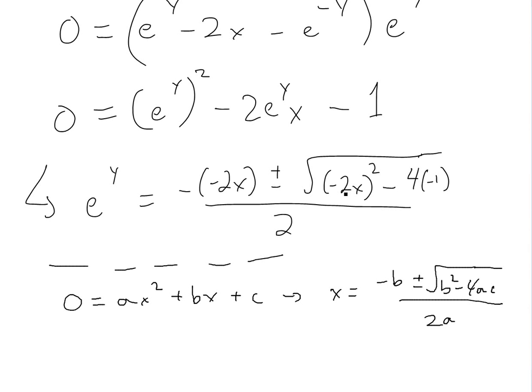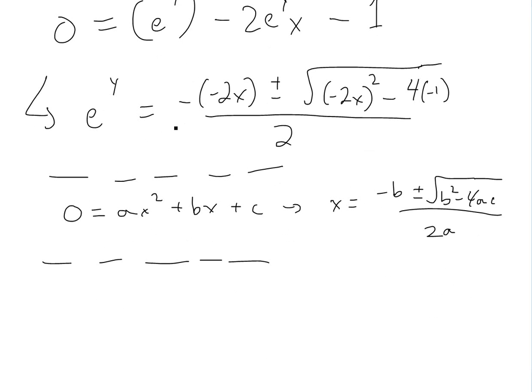And in this case, b is negative 2x, c is negative 1, and a is 1. So then we're going to have something like that. That's just the quadratic formula there, and you can see my proof of that in my other video. So now this one, if you simplify it, we're going to get e to the y is equal to 2x plus or minus square root